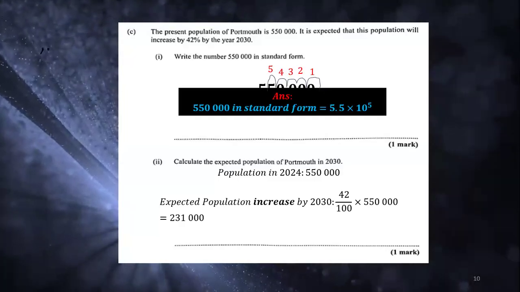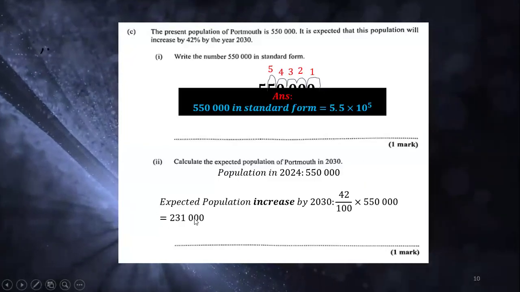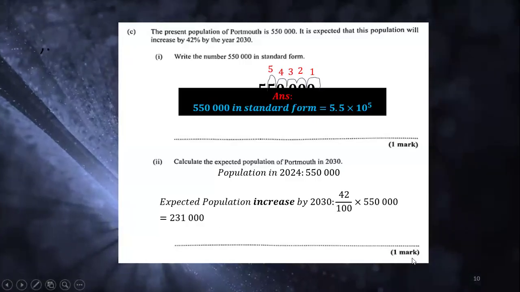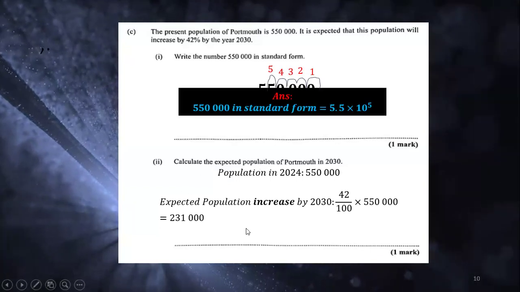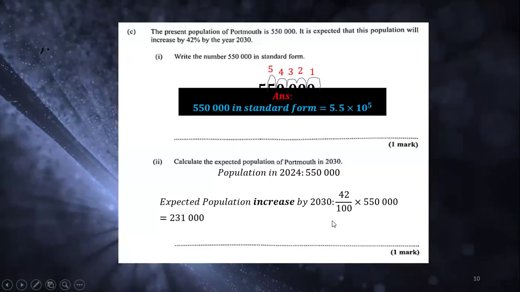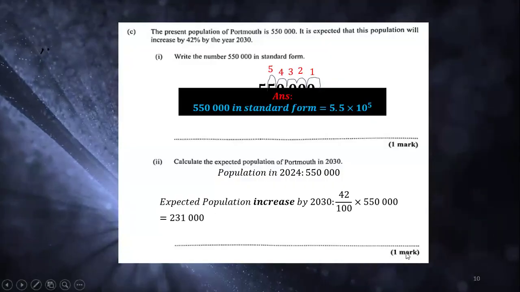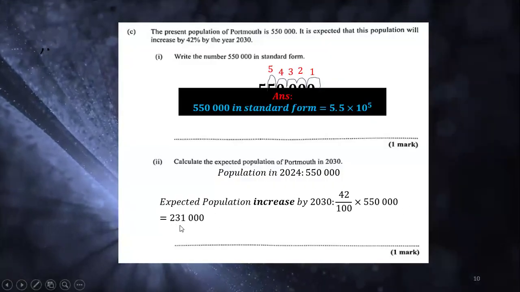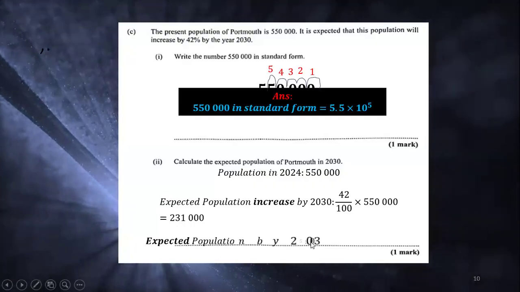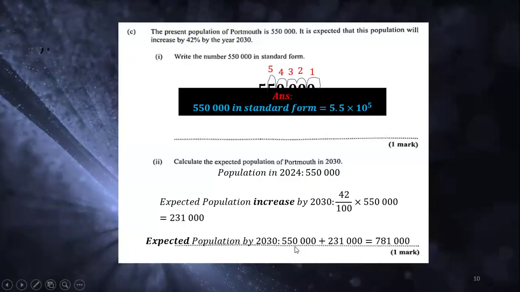You may be like, oh yes, it's 42%. I got this answer, that's the answer. Again, it's 1 mark. If you stop here without giving the complete answer, you get 0 marks. CSEC does not give half marks. So it's just going to be 1 mark here. And you get no marks here if you stop at this. You have to take this answer now and add it back to the 550,000 to get